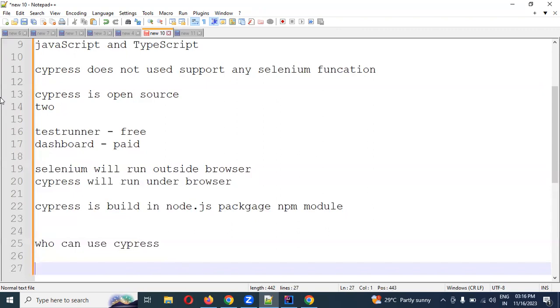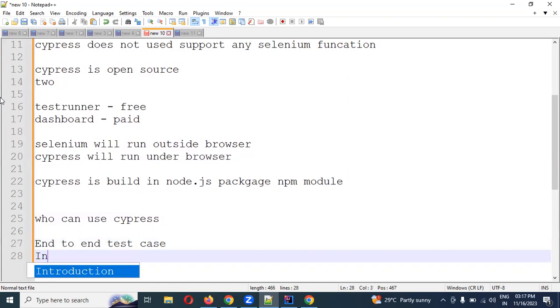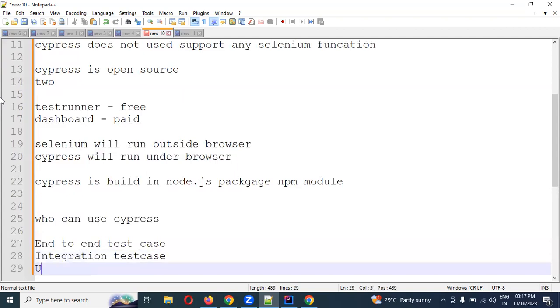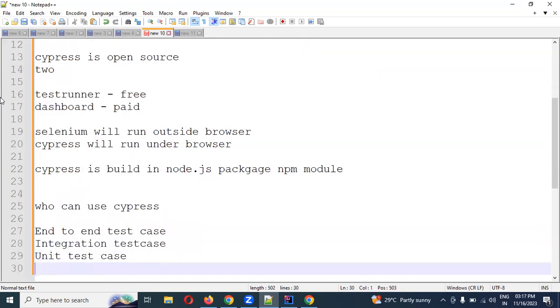They can use it for developers and testers as well. Both members, even the middle dev team, can use it. Dev to dev also, they can create different kinds of things: end-to-end test cases, integration test cases, and unit test cases. For developer purposes, they can create unit test cases, and also